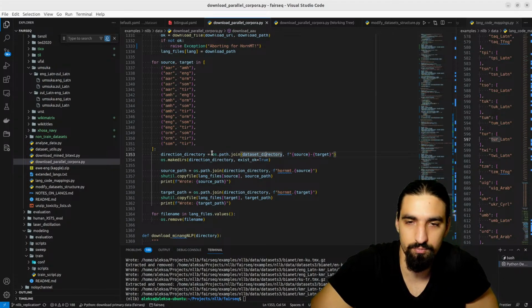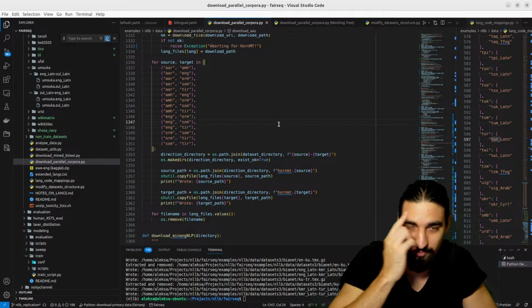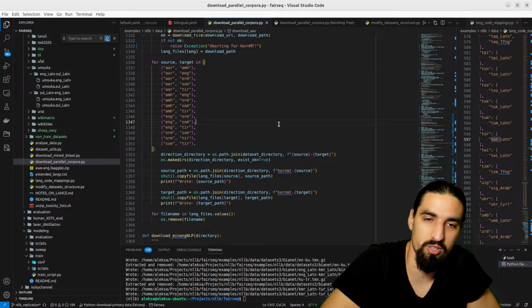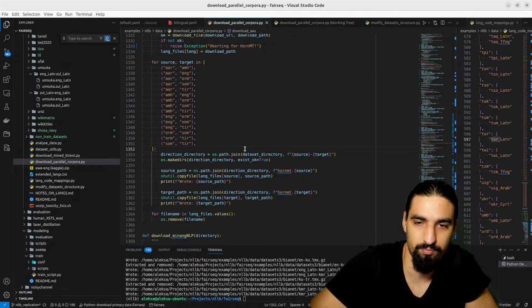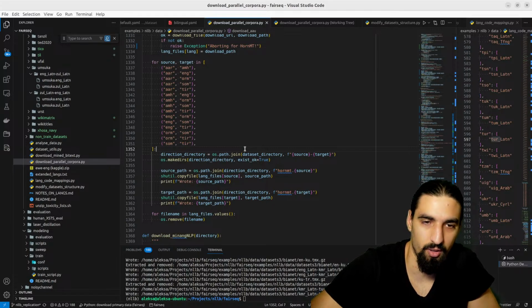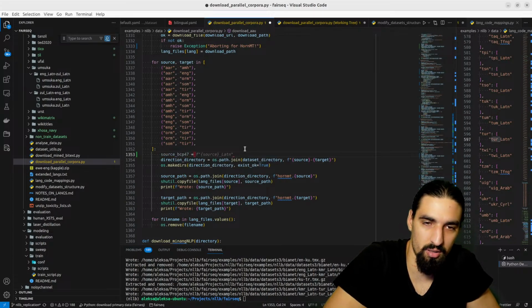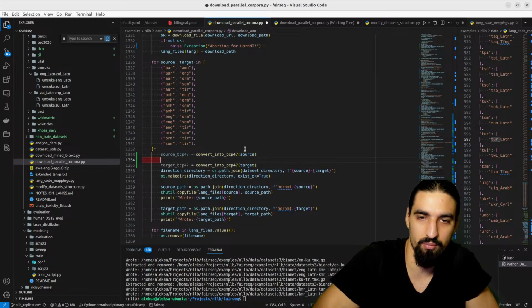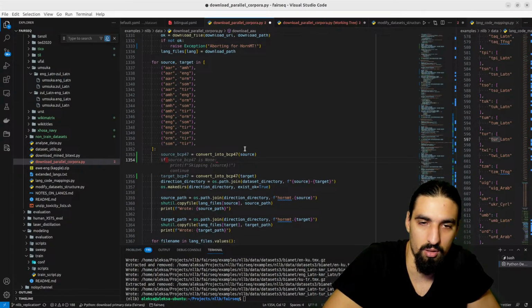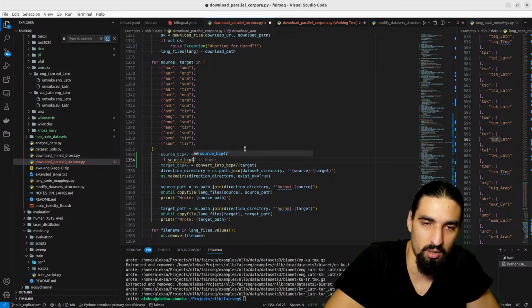Okay. So let's map to BCP47. Okay. Source BCP47 equals convert into BCP47, the source, and then we do the same for target. If source BCP47 equals unsupported,